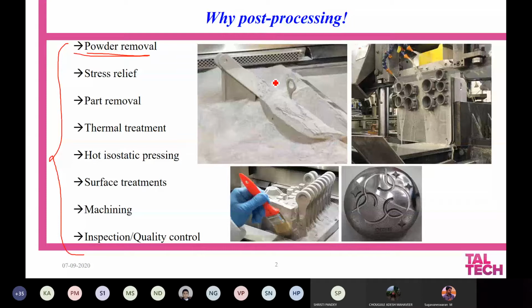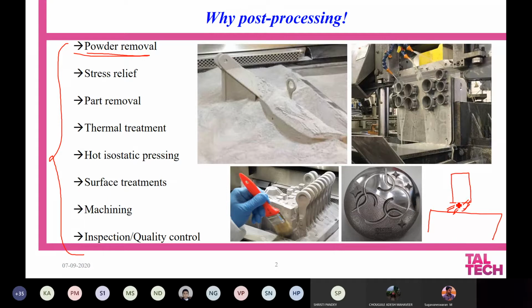And the second thing, when it comes to additive manufacturing processes, we connect the part with the substrate plate using some kind of support structures, so that we will have easy removal of the part from the support structure.